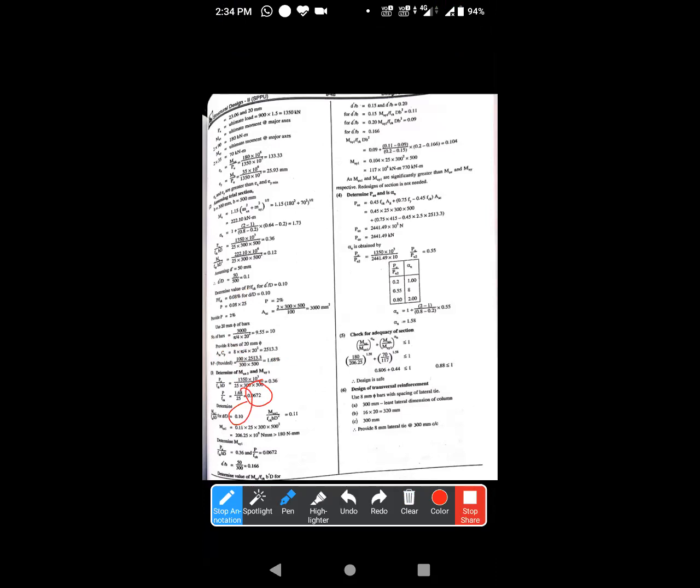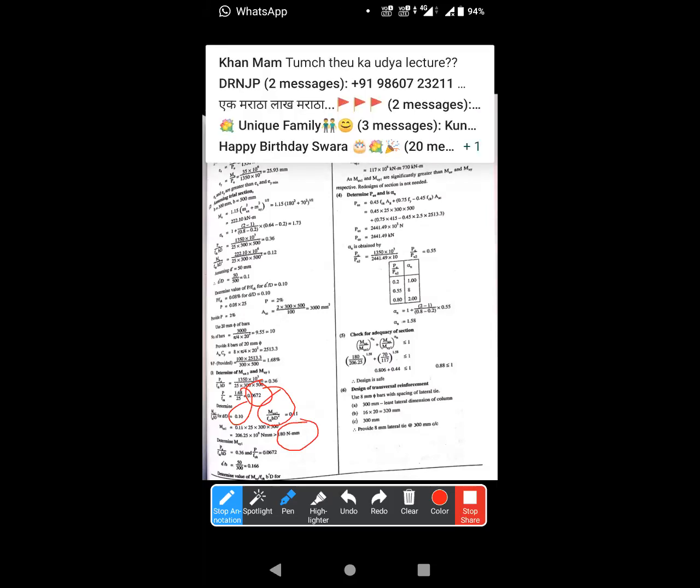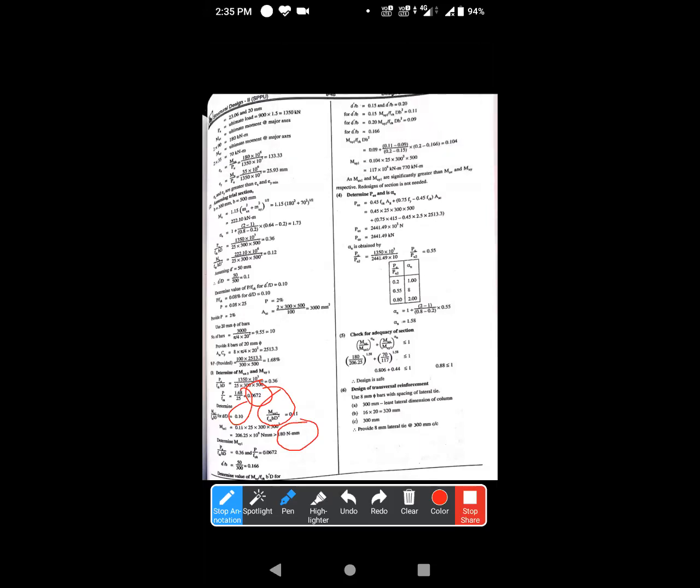ठीक है इसके लिए, एंड MUX1 फॉर इसके लिए. ओके, तो इससे आपका आता है 180. 180 से आपका वो ग्रेटर आना चाहिए. और सिमिलरली MUY1. Okay, determine the value MUY1 upon FCK B dash upon D. Okay, D dash upon B is equal to 0.15 and D dash upon B is equal to 0.20. Okay, this is what the calculation going on. Okay, for D dash upon B के